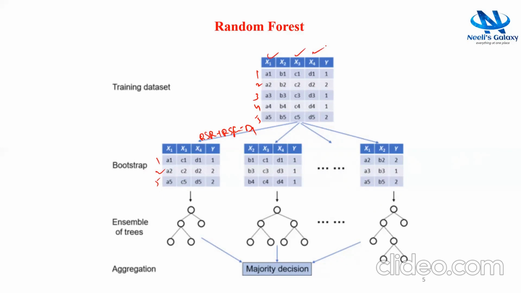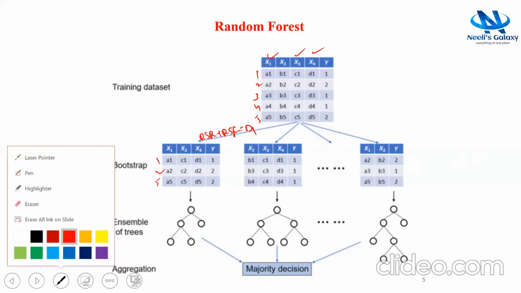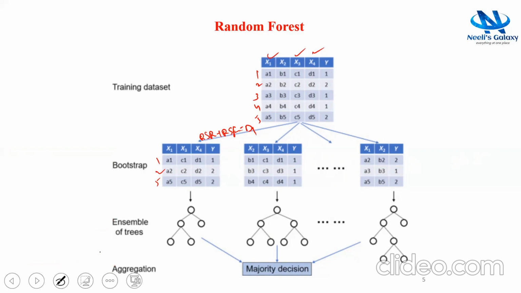And again, if you consider dataset D2, we have taken X2, and the rows we have taken are row 1, row 3, and row 4. Here row 1 is there, and here also row 1 is there, which is repeated because this is random sampling with replacement. In this way, we can construct different bootstrap datasets, and in the next stage, we can construct the decision trees from each constructed dataset. After that, in the aggregation process, we aggregate the results of the individual decision trees. So this is all about random forest.